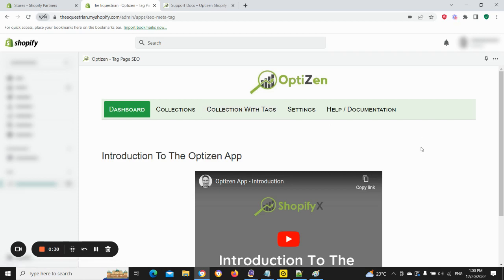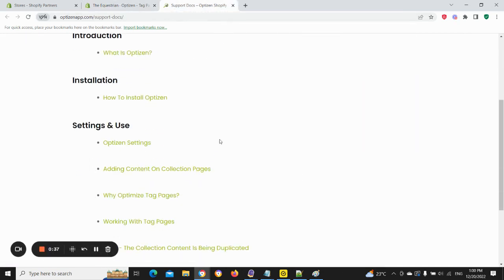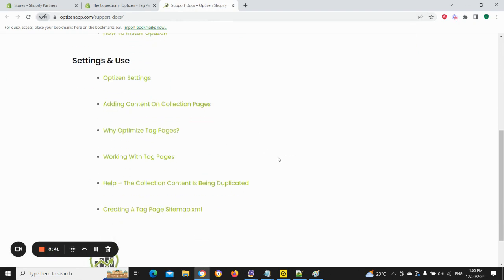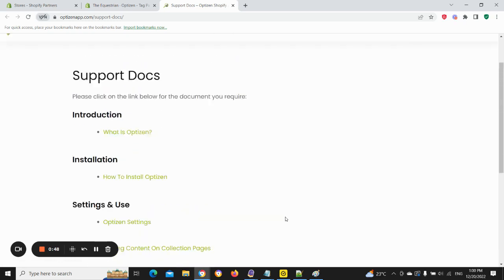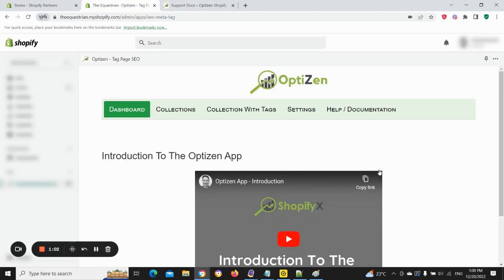The next tab you should take note of is the Help and Documentation tab. If you click on that, it'll bring you to our Support Documents section, where we have a number of tutorials and instruction documents that may be able to answer many of your questions. These documents will be improved and also added to over time. If any of these documents don't answer your questions, then you can just click on the Help and Contact Us tab,